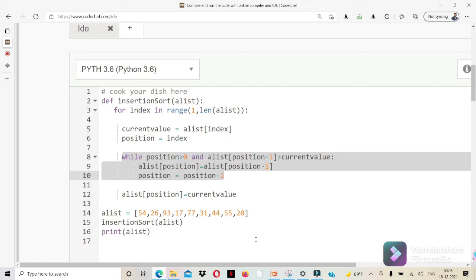If that is still greater, that element is also assigned to the next position. Like that we are finding a space to accommodate the key element. So like this, friends, we proceed, and we get the sorted list using insertion sort. So that's all, friends.